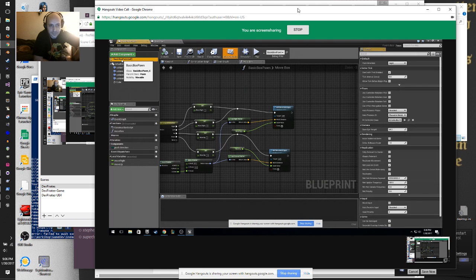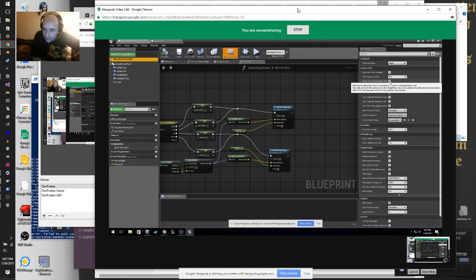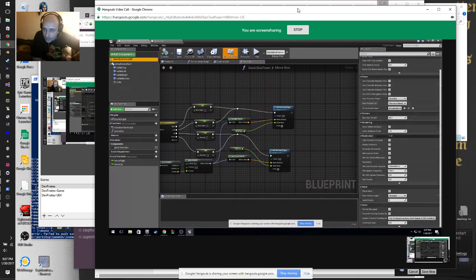Okay, so maybe I don't have a property on here. Use controller rotation. Allow tick before play. Start with tick enabled. There was an is movable or something like that. Can be damaged. Generate overlap events.